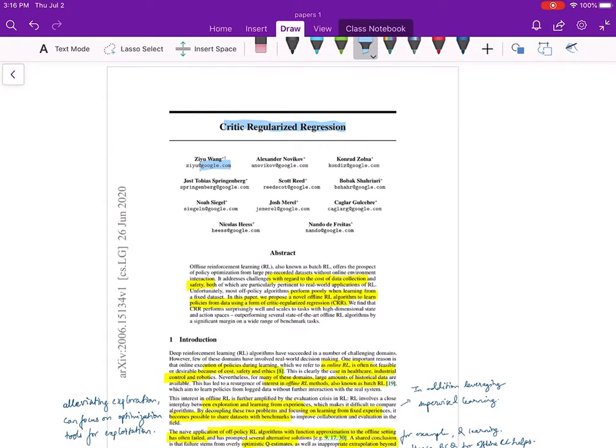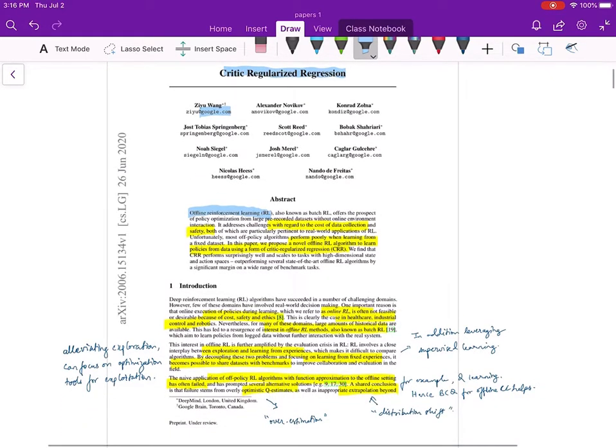As you can see, this is work on offline reinforcement learning, which recently I've been covering in many videos, covering all these offline reinforcement learning works. So this is an addition to that. As we have already seen, offline reinforcement learning